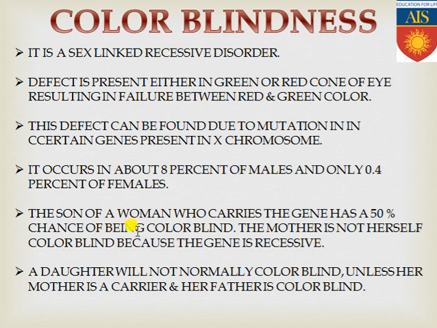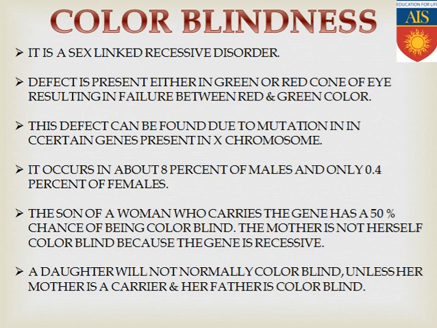But if you consider the female, they are having two X chromosomes, so one is dominant. If the color blind responsible gene is present in one X chromosome also, another X chromosome can suppress that, and for that reason obviously the color blind responsible gene can't express, and the females are also not getting suffered from the color blindness. Only if both of the X chromosomes contain the color blind responsible gene, in that case only the female will be getting affected, and for that case the father's X chromosome should be carrying the color blind gene. That means the father should be color blind for that specific female child, and the mother will be a carrier, like that.